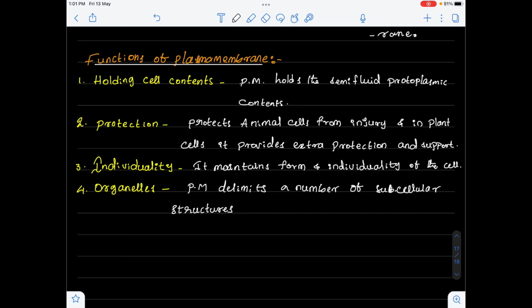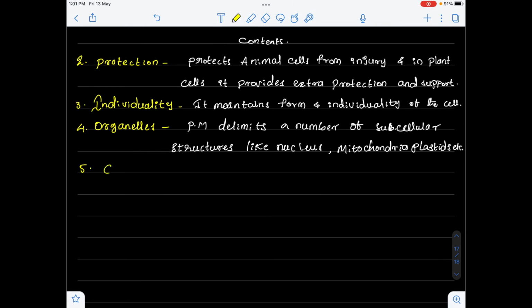The plasma membrane delimits a number of subcellular structures like nucleus, mitochondria, plastids, etc. Another function is